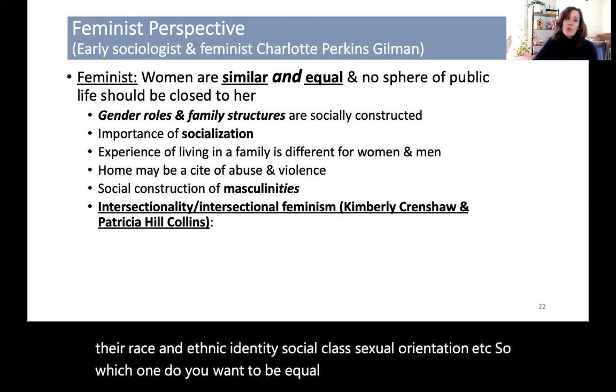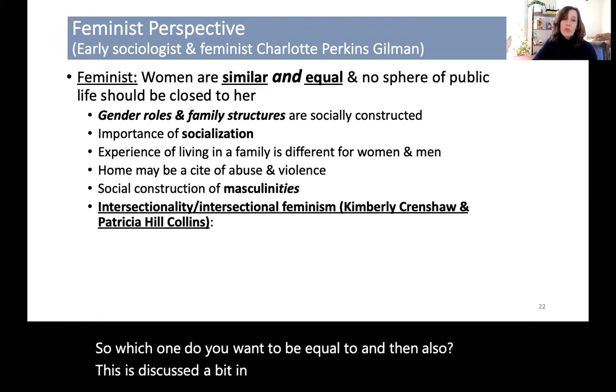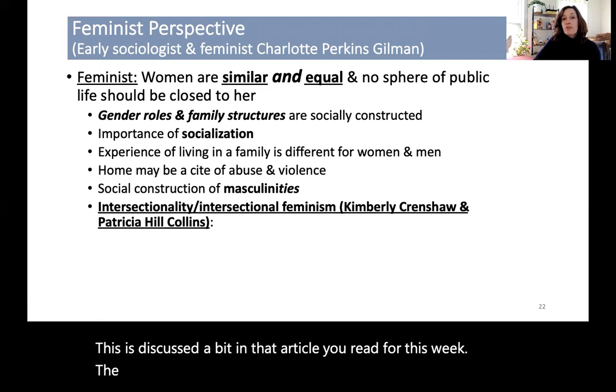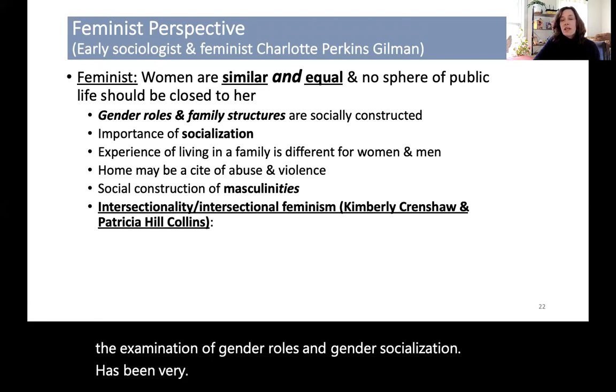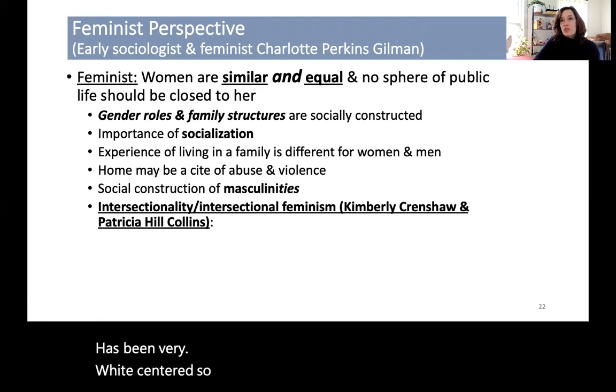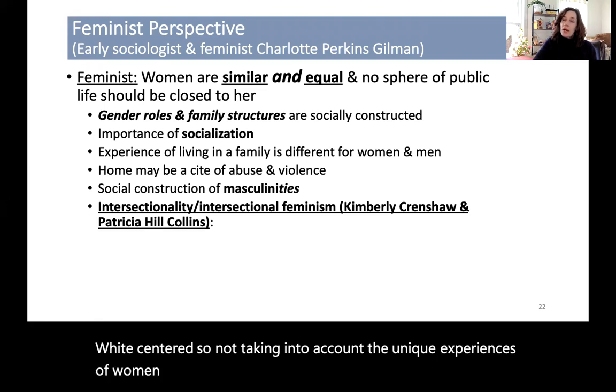And that also, and this is discussed a bit in that article you read for this week, that the examination of gender roles and gender socialization has been very white-centered. So, not taking into account the unique experiences of women who do not occupy a white body. So